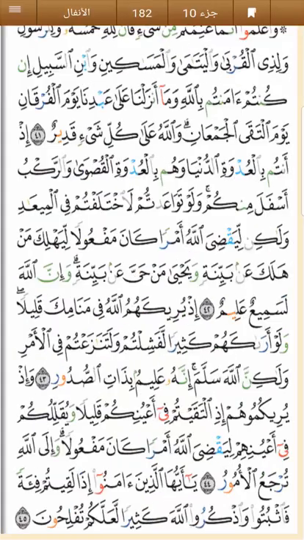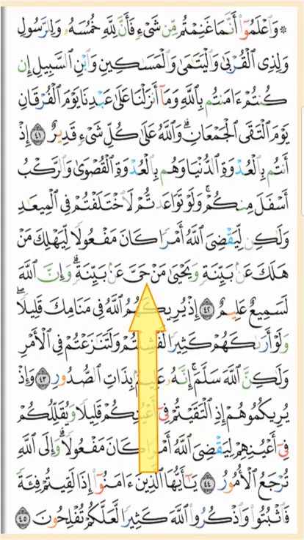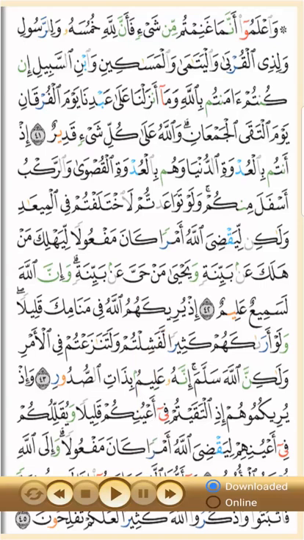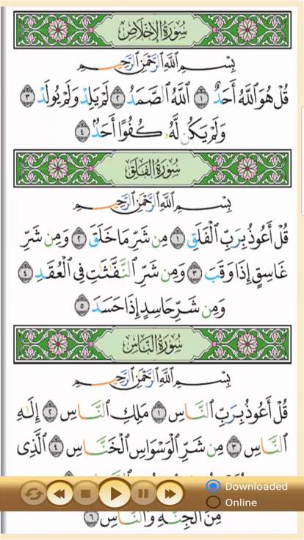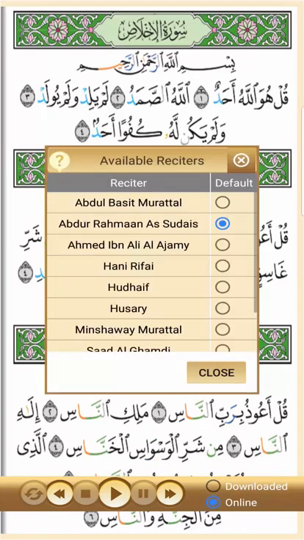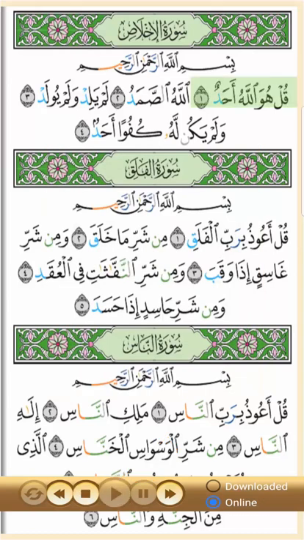If you prefer listening rather than reading on your own, simply drag your finger from bottom up and you'll get a very simplified tilawah menu. This simplified tilawah menu would allow you to choose to listen to the Muqra online without the need to download the recitation audio files to your local device. Yet it requires active connectivity with the internet. For example, if we pick up Sheikh Sudais and say play,